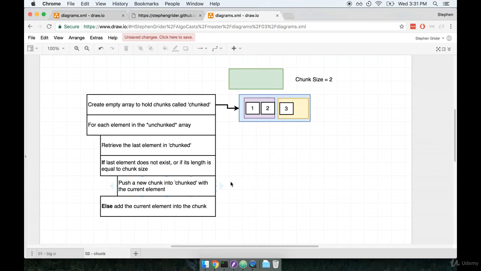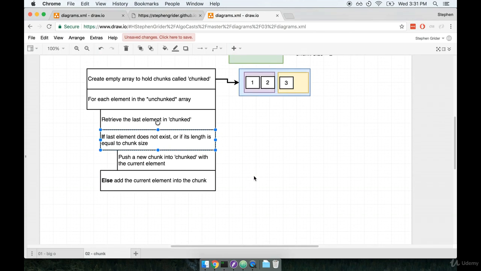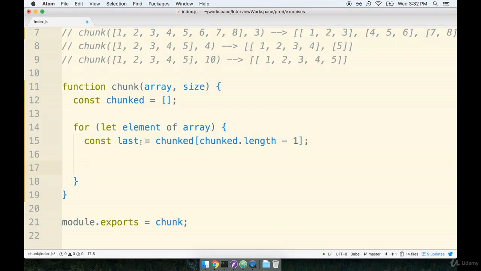Now the next part is pretty well explained by the diagram over here. We want to check both to see if that last element does not exist or if its length is equal to the chunk size. Because if it is, we want to push a new chunk into chunked with the current element that we are iterating over. So to accomplish that, we can say if last does not exist, or if the length of last is equal to our chunk size, so remember chunk size up here is an argument,